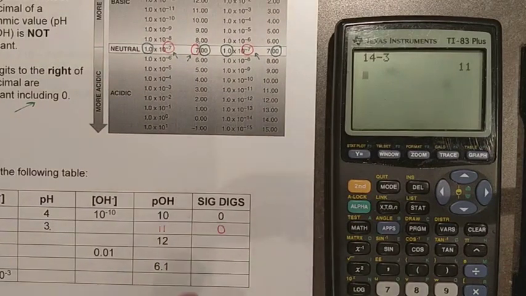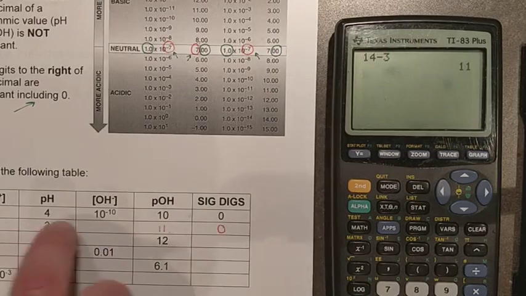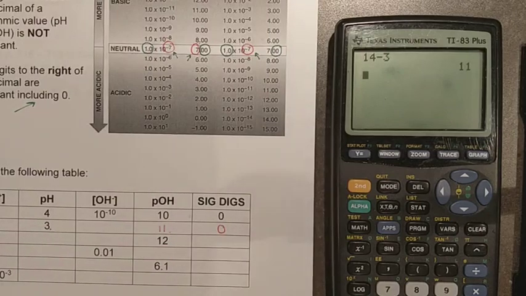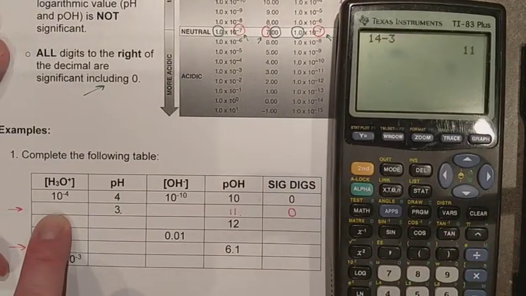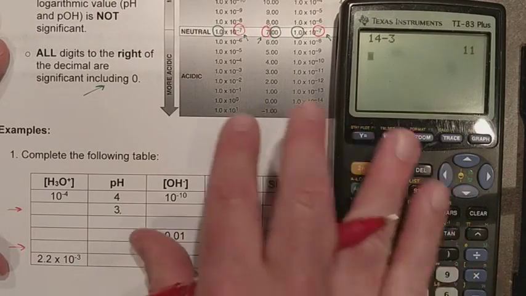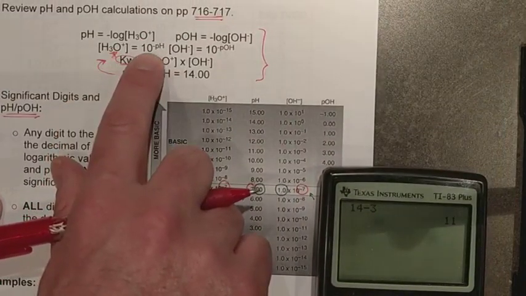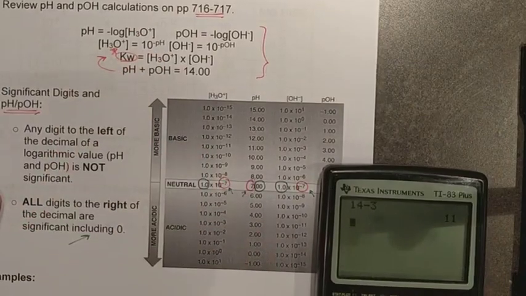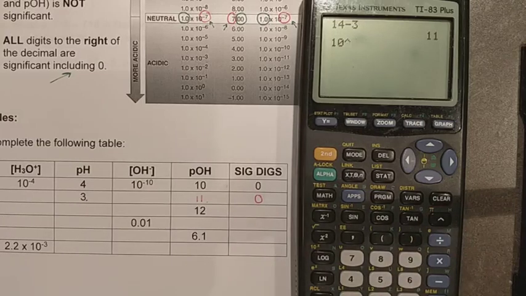Again, no digits after that decimal point because we had 0 sig digs to begin with. We can't create any for pOH. The other place we would have gone is to hydronium ion concentration. Now your calculator is going to struggle with this a little bit with a 0 sig dig problem, but remember that your formula up here, hydronium concentration is equal just to base 10 raised to the negative pH. And so there's your 10, use your little hat button, negative pH of 3, and we do this and we